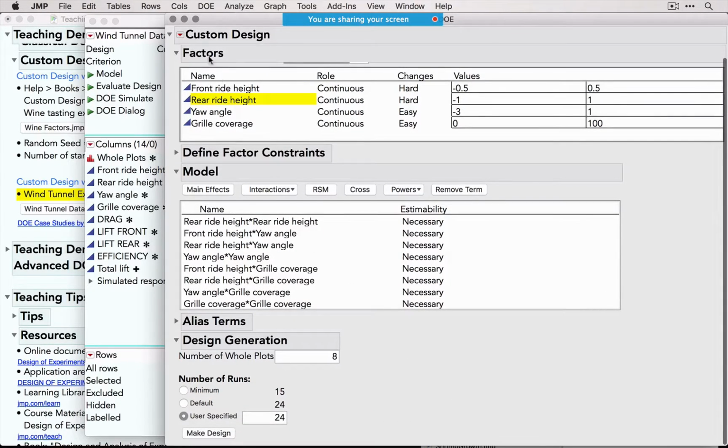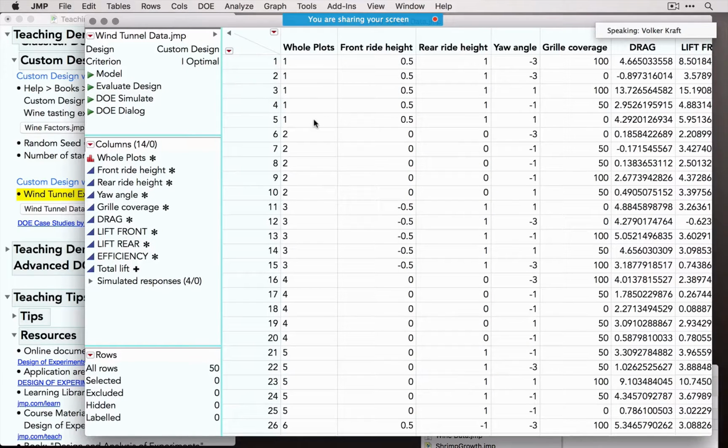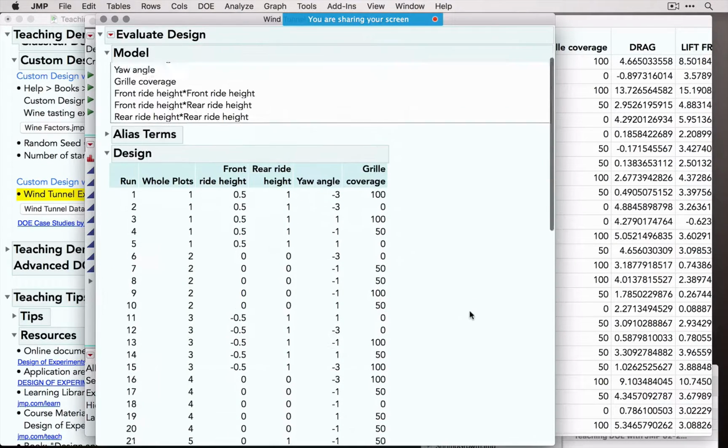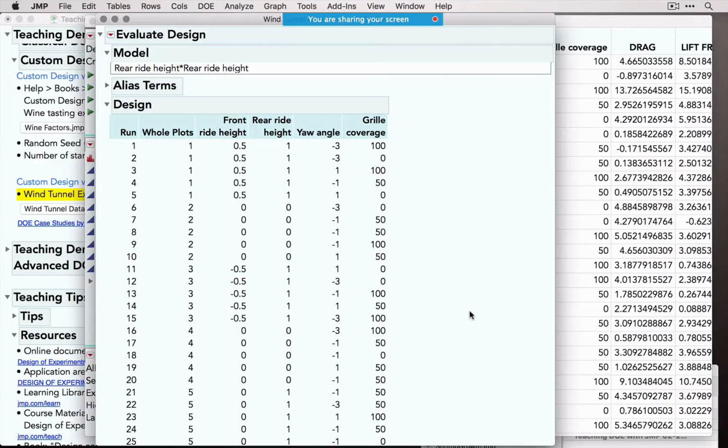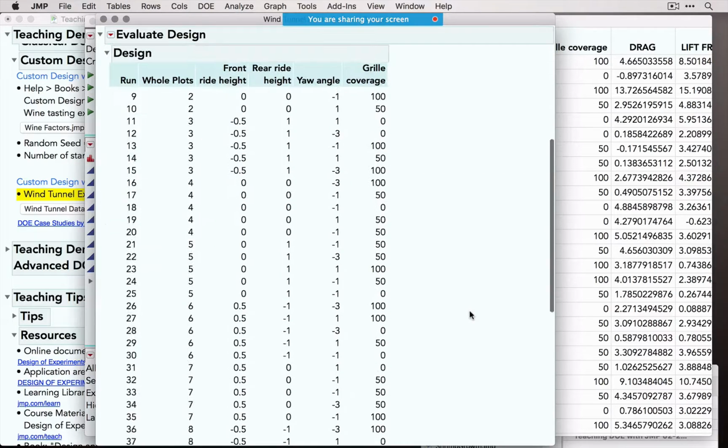So let me close this one. You can evaluate the design at any time. So now we have a better setup. Our runs are not completely randomized anymore. What's easier for us, we can save a lot of time, but this has a price you have to pay,